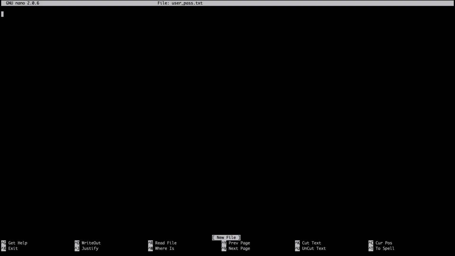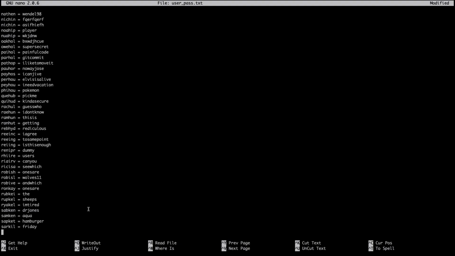So let me come out from this section, and after that I'll just type sudo nano user pass.txt. That part I'll create, and I need to enter my master password of this machine. I think it's the wrong password. Let me enter once again. Okay, now I'll paste it. You can see we have all files available there.